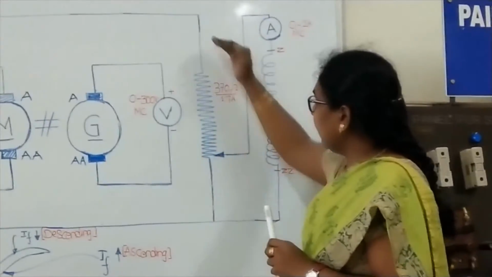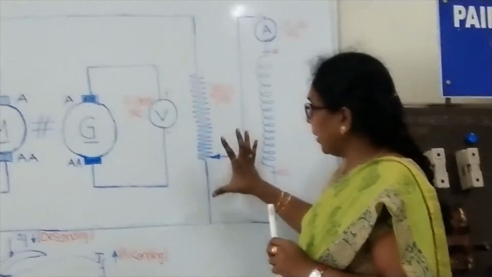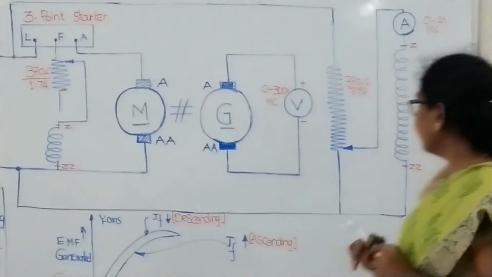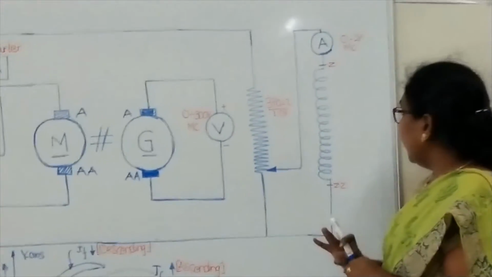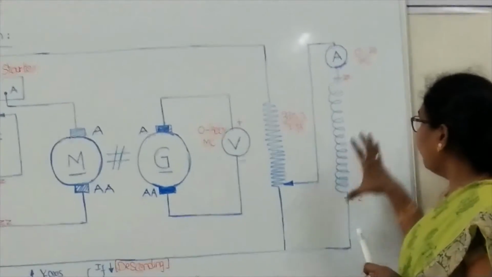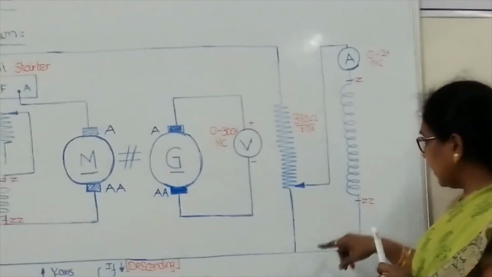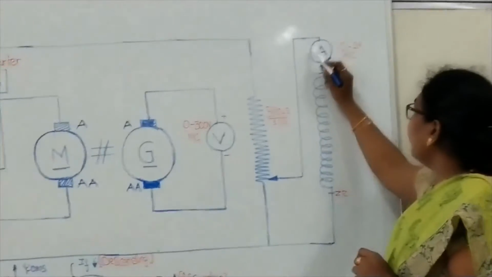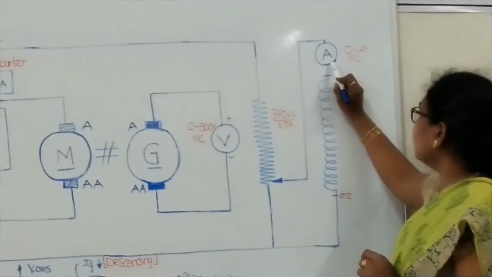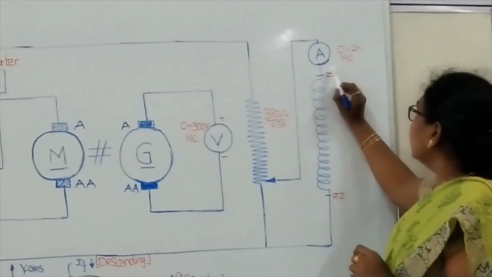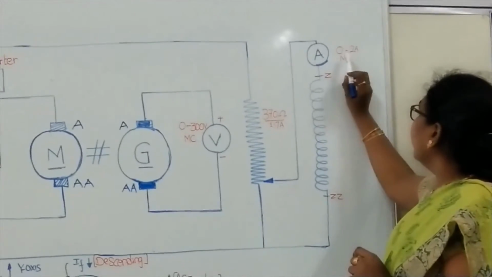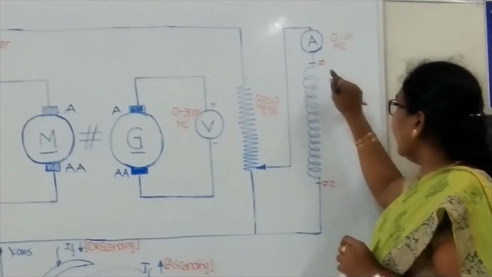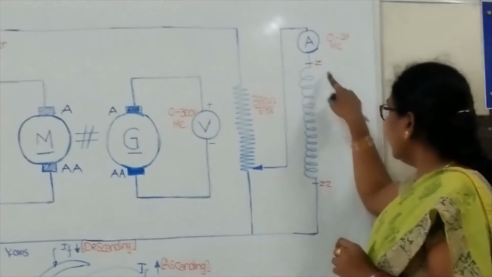In the generator, as per the connection, it is a potential divider and is called a variable resistance. And if you observe, the field excitation required for the field winding of the generator is given by this potential divider. We can also observe one ammeter we kept here. This ammeter has a rating of 0 to 2 amperes and is moving coil type. And here Z and double Z.